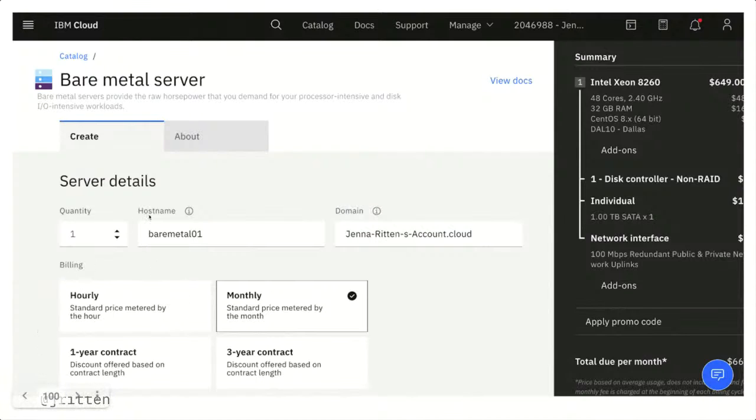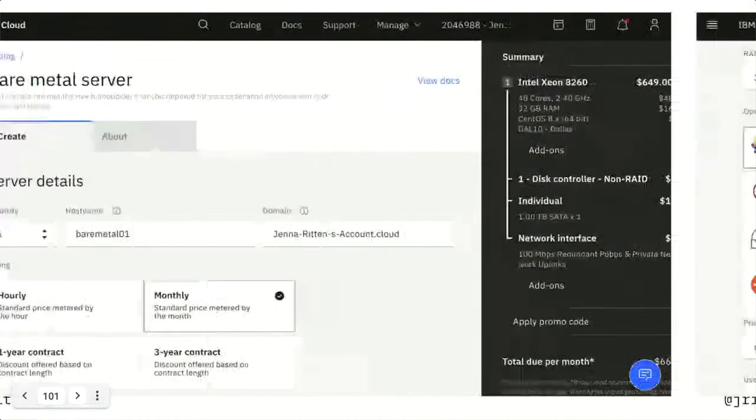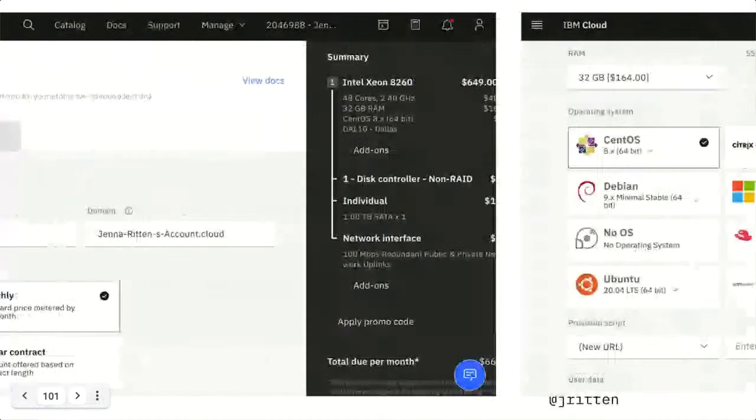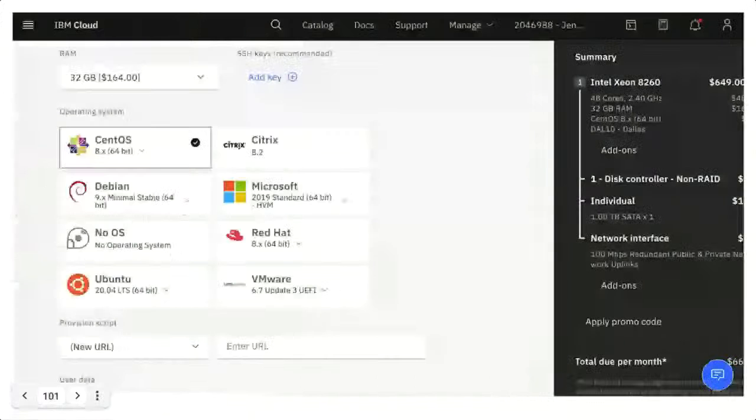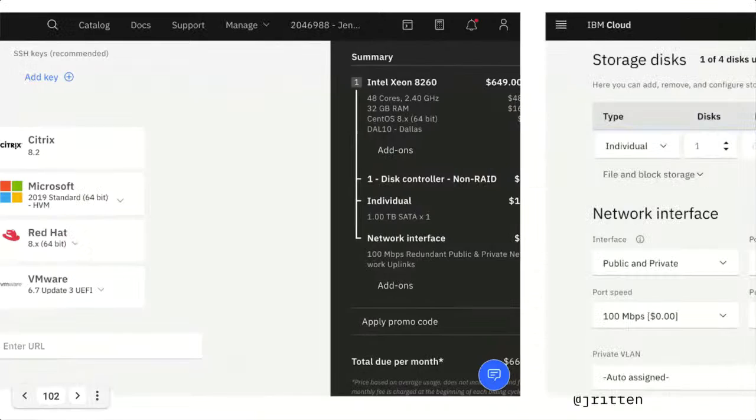So again, I didn't have to add anything here. It already created a host name. The default is monthly billing. Again, we can choose our operating systems here. We have CentOS, Citrix, Debian, Microsoft, Red Hat, VMware, Ubuntu, and then no operating system. And then you can,